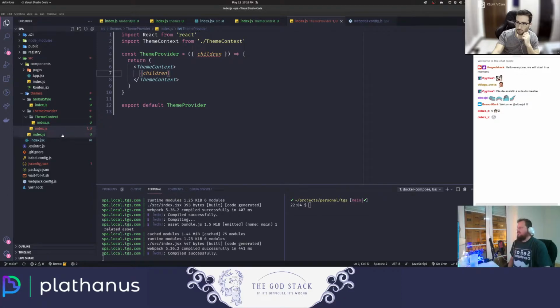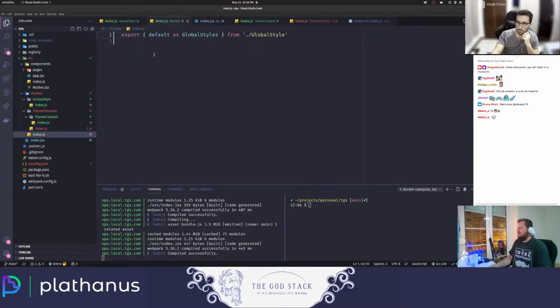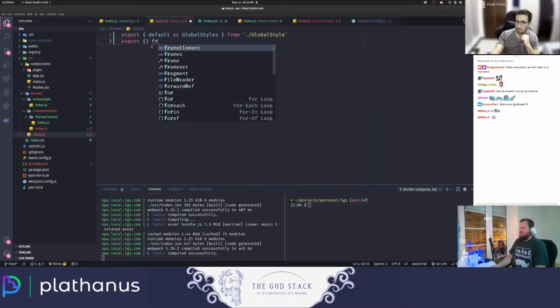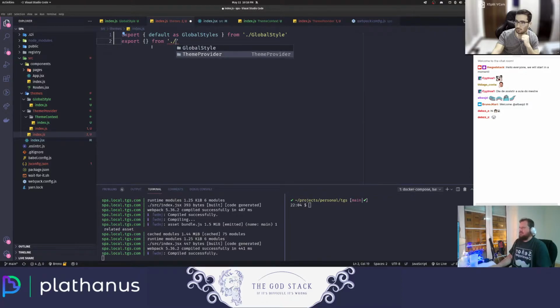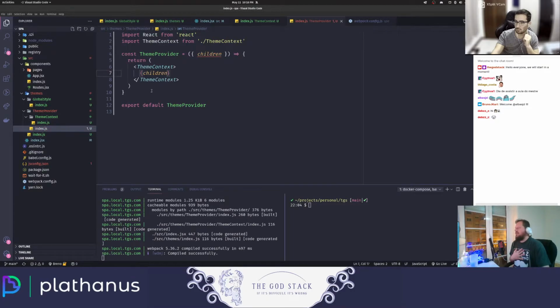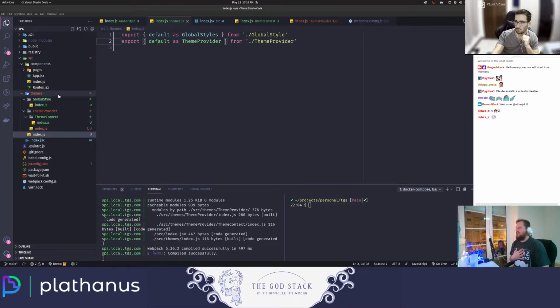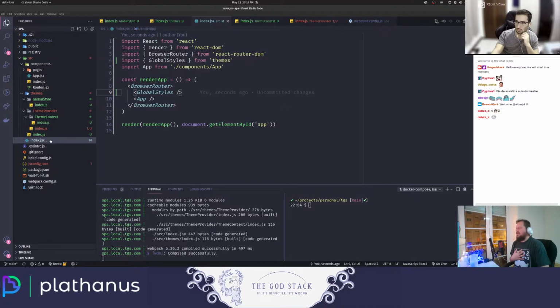So who's going to be connected to that? So let's just import it here. So let's export default from, and then let's just get the theme provider, okay? So let's call it default as ThemeProvider, okay? So I'm just exporting these inside the theme folder, and now I can go to the index.js and wrap everything that I have with